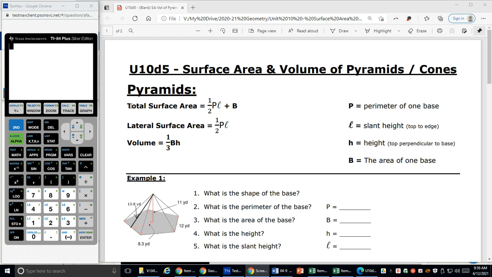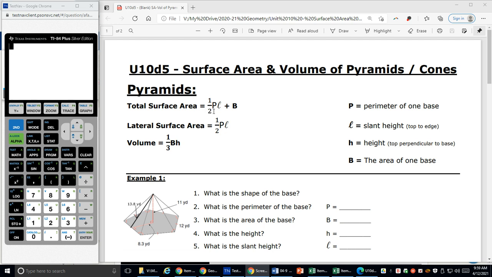Our formulas for pyramids are total surface area, which again means all the sides and the base, lateral surface area, just the sides without the base, and then your volume, as if you're filling in that pyramid. There is a little bit of new information here with the types of letters that we're going to be using in our formula. So for total surface area, so all the sides and the base, we're going to do